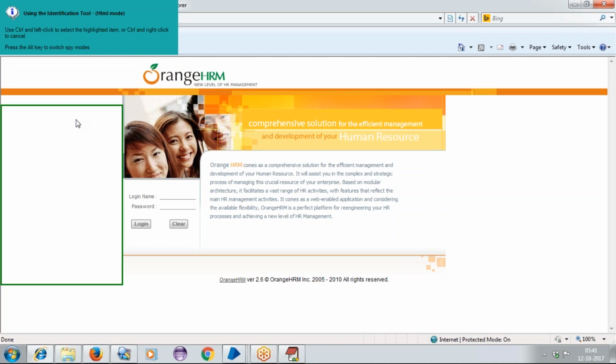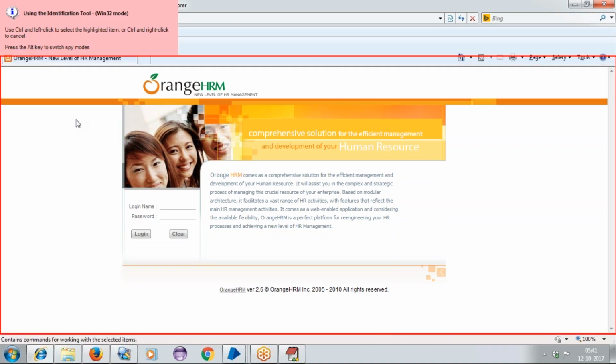Now, HTML mode is used to identify web applications. Whenever you want to spy on any web application, then you will take the HTML mode. Windows 32 mode is used for Windows applications here.